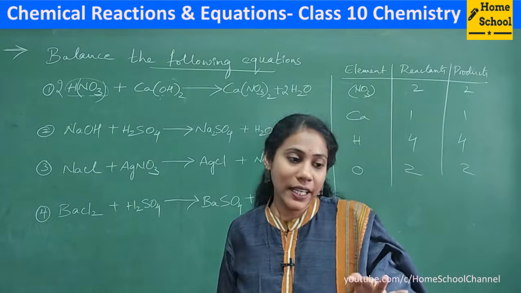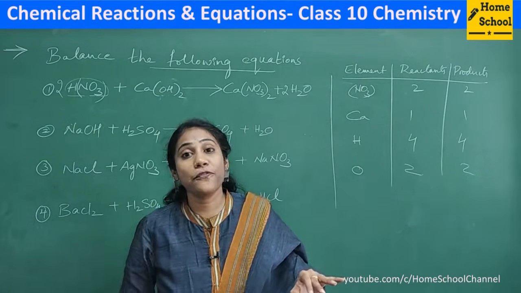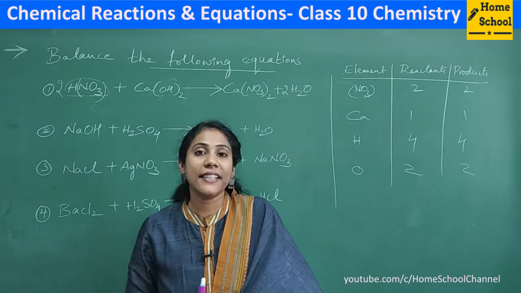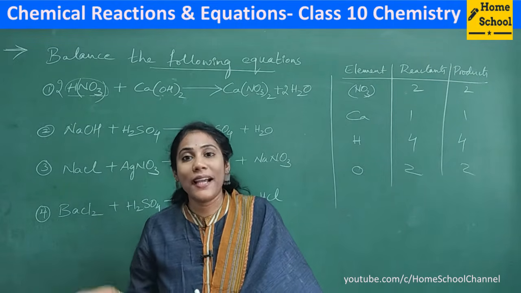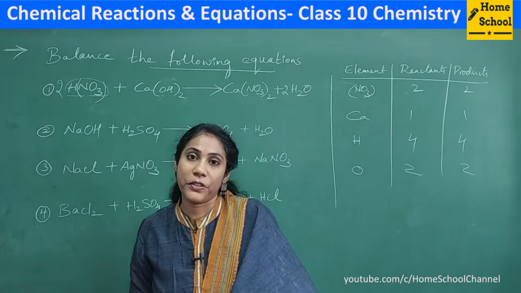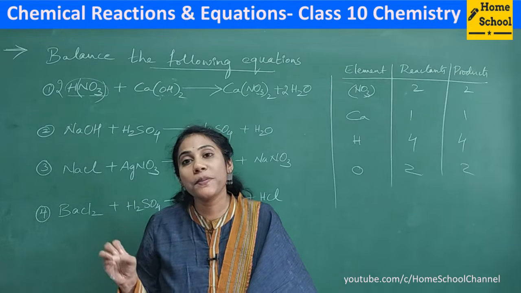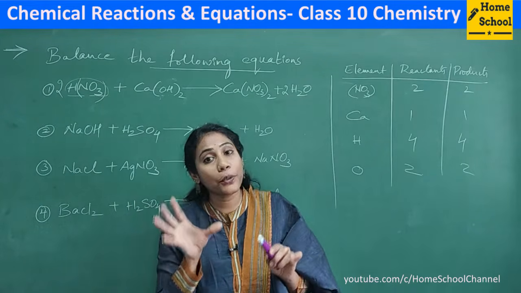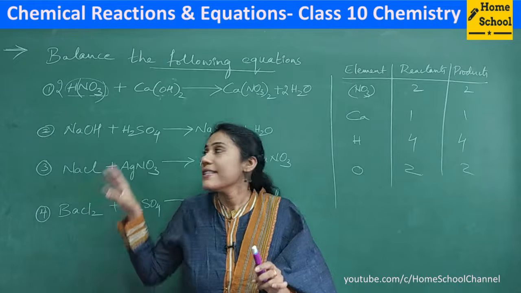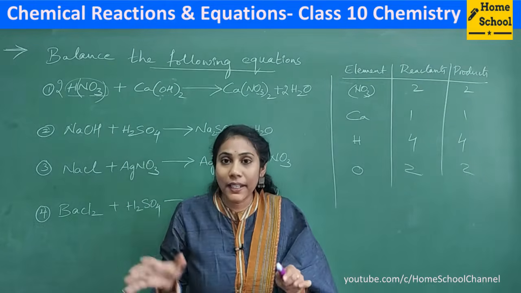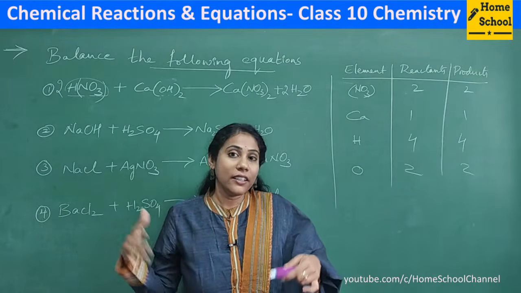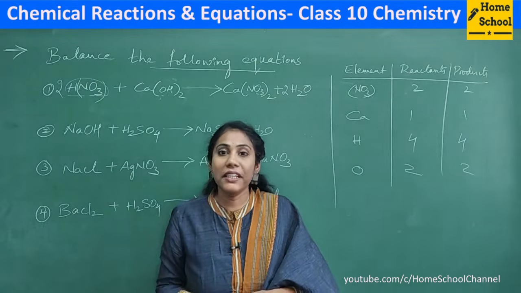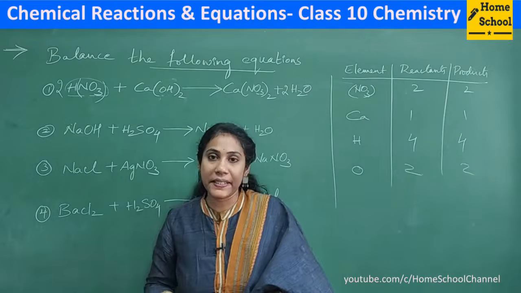Okay, so here if you can remember the points, first try to balance polyatomic groups, later go for other elements, lastly you balance hydrogen and oxygen. So when polyatomic groups are present in both reactants and products, you have to take them as a group and then balance it. So this is the most important example. Actually you had covered a variety of things for the balancing. Clear? So now we will go for the second example.